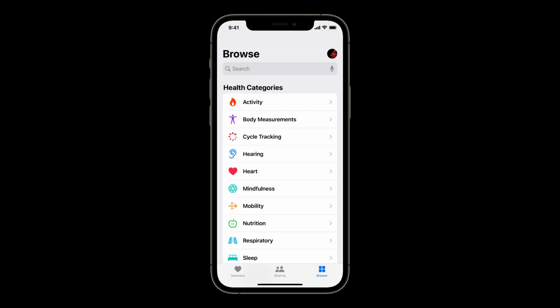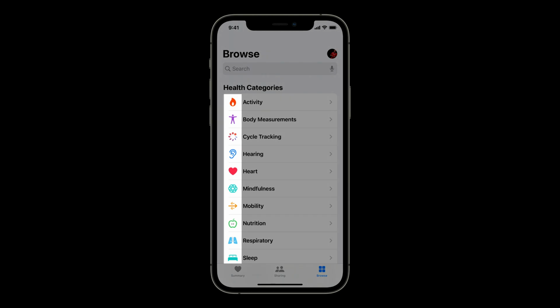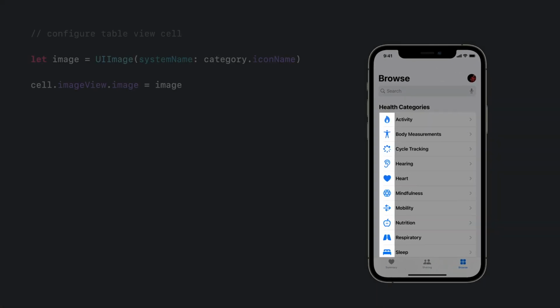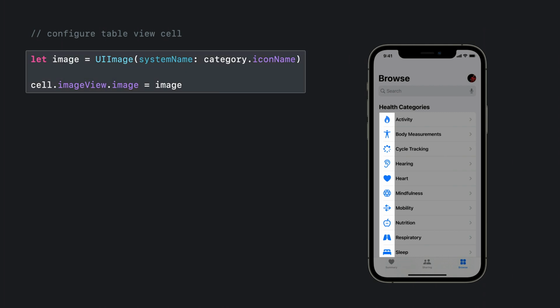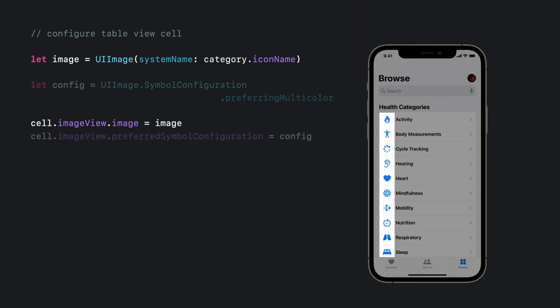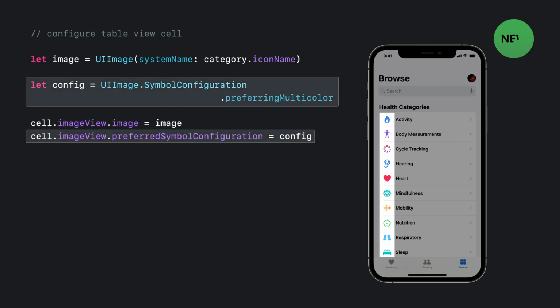Like I mentioned before, this color mode was added to AppKit and SwiftUI last year, but it's introduced to UIKit this year. Some of these categories have images with multiple colors. These are multicolor symbols. Let's see how we would implement this. First of all, we need to load the images for each cell. For now, these are regular symbols, and we get the monochrome mode by default. Then we need to indicate that we want multicolor symbols. We do this by creating a configuration requesting the multicolor variant of a symbol, and assigning that configuration to the